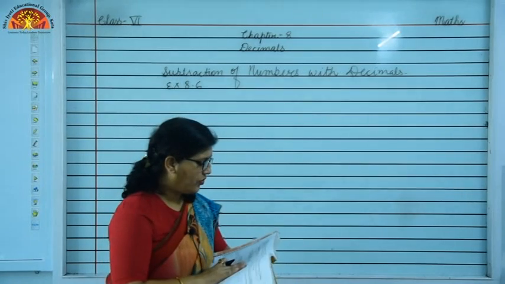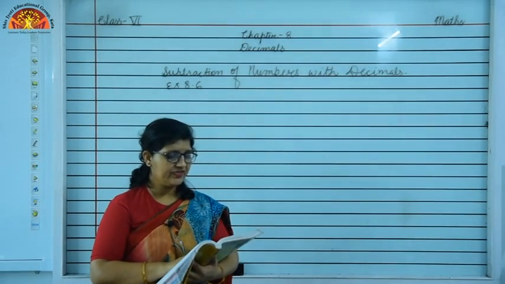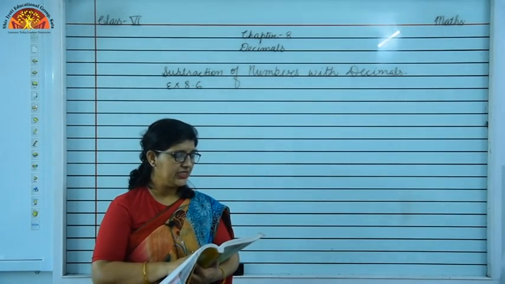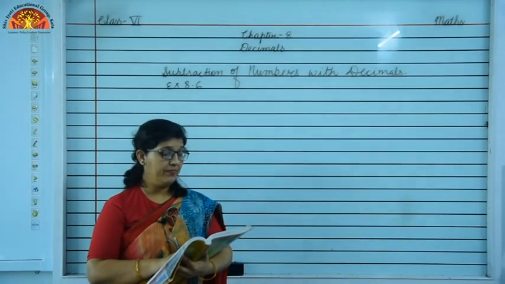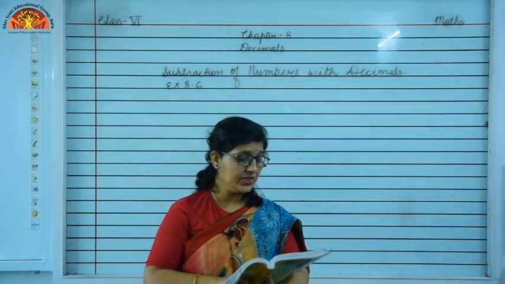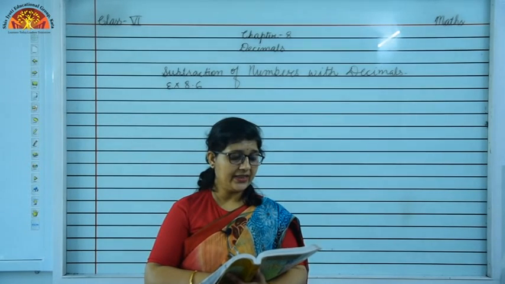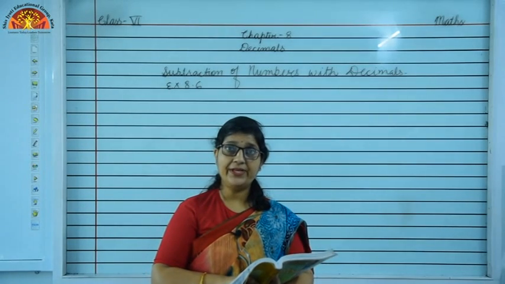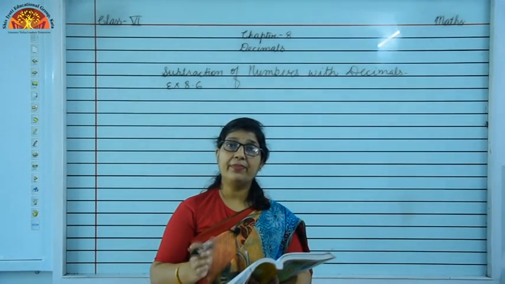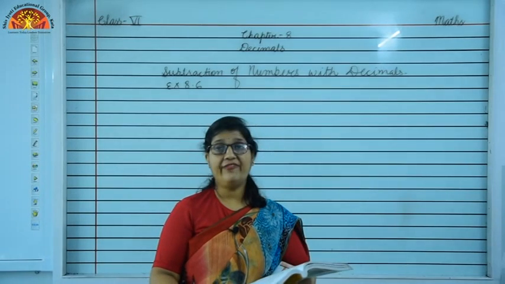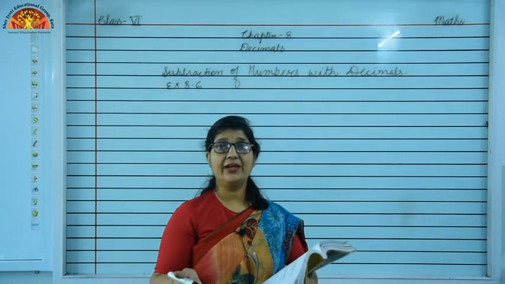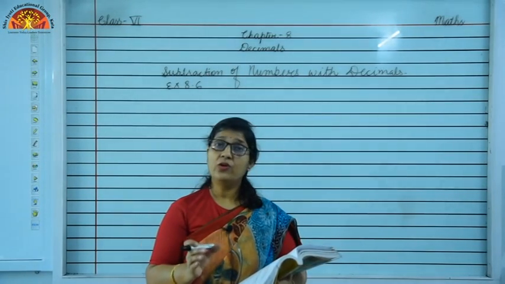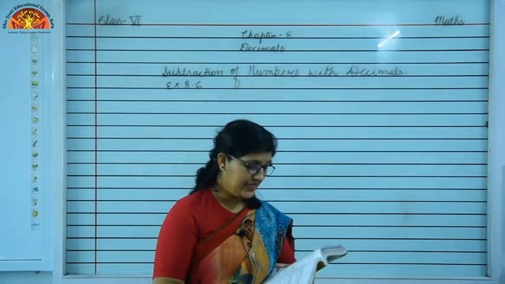Raju bought a book for rupees 35.65. He gave rupees 50 to the shopkeeper. How much money did he get back from the shopkeeper? What is the meaning of this question? कि राजू एक बुक लेके आता है 35 रुपीज़ और 65 पैसे की और उसने शॉपकीपर को 50 रुपीज़ दिए हैं, तो उसको वापस शॉपकीपर कितने पैसे देगा? तो डेफिनेट सी बात है कि जितने रुपए शॉपकीपर को दिए हैं, उसमें से बुक की कीमत को सबट्रैक्ट कर देंगे तो हमारे पास आंसर आ जाएगा.